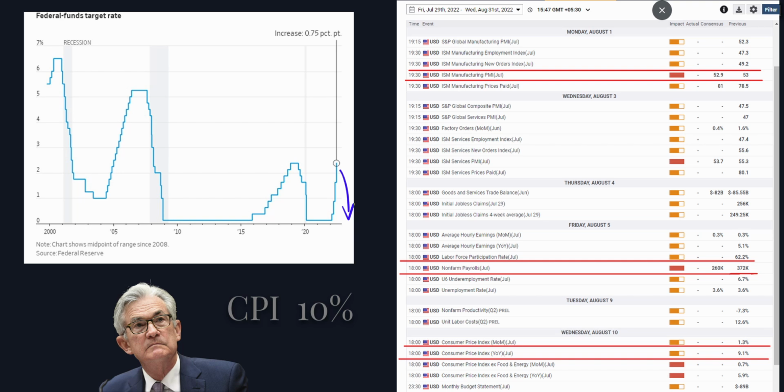So CPI is on August 10 and the last number was 9.1. If it increases 1%, then this time 100 basis points will come and it will break 1680 and go up to 1560. And if that does not happen on this CPI and NFP, they both come sideways,